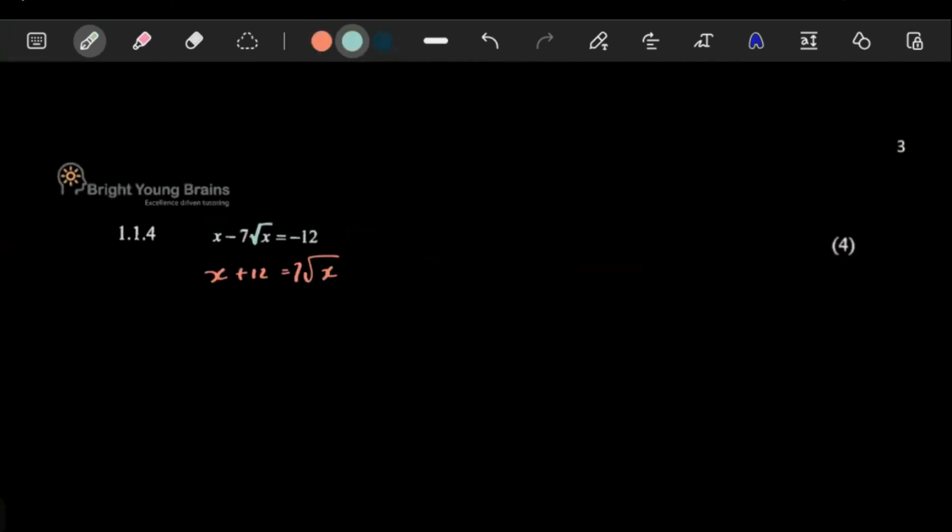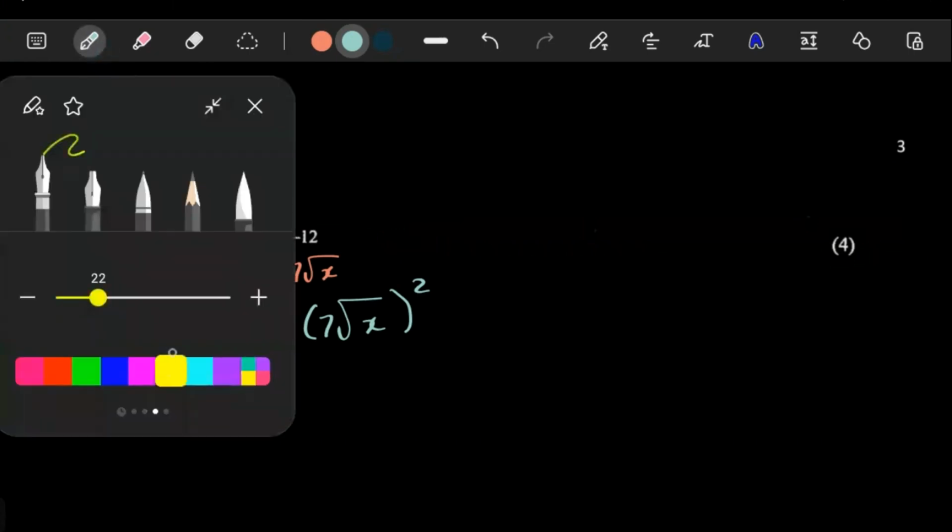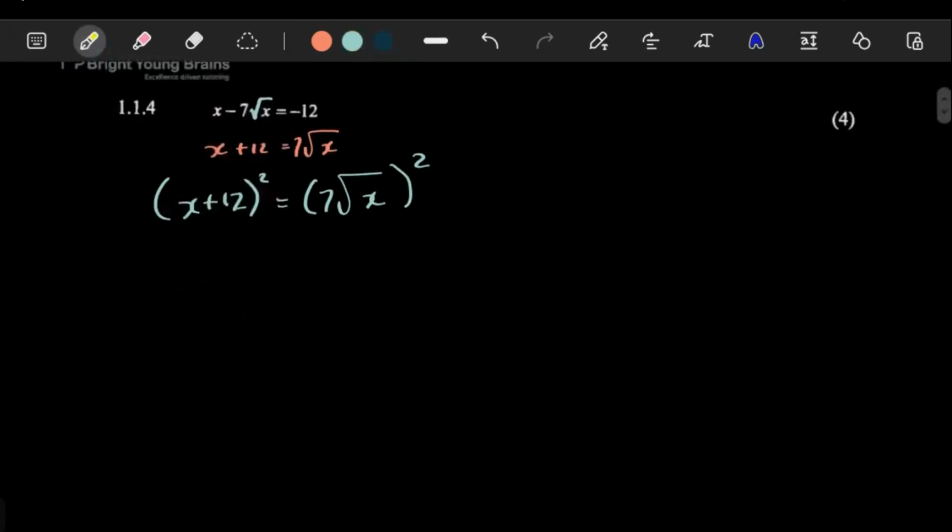From here, you want to square this side, and then you want to square this side. The reason for doing this is we're trying to get rid of the square root symbol, because doing calculations with that square root symbol is not the best. So here 7 squared is 49. Square root of x squared is going to give you x. And then